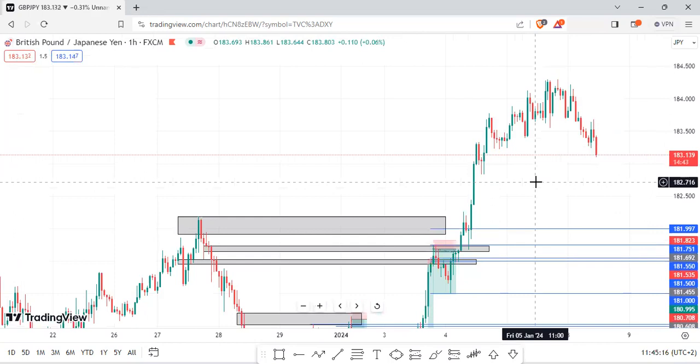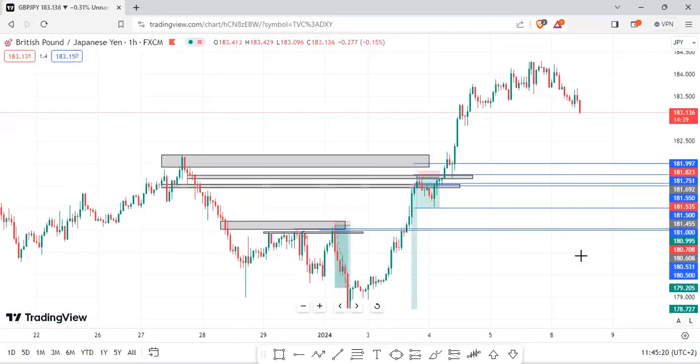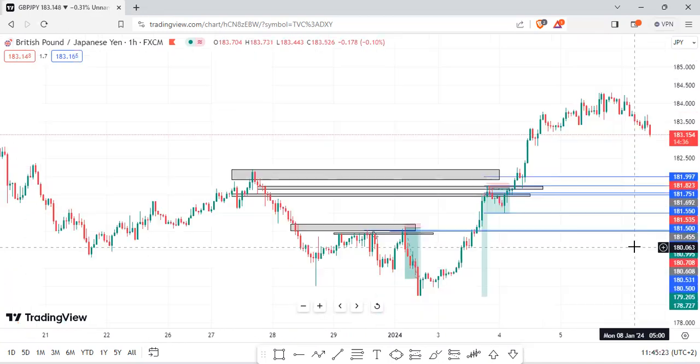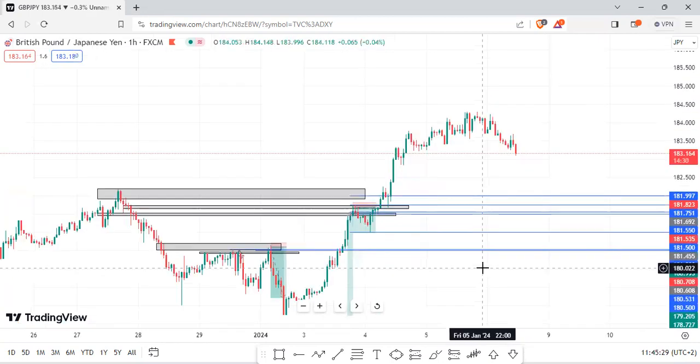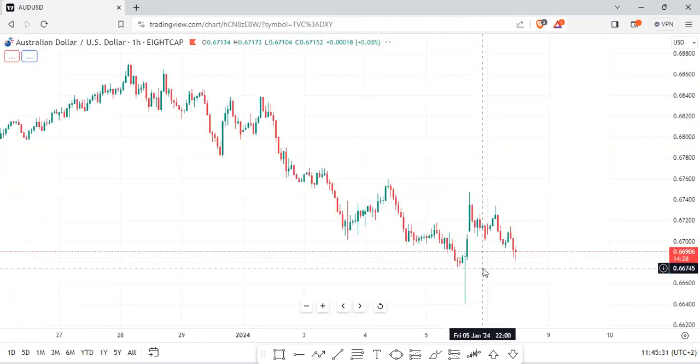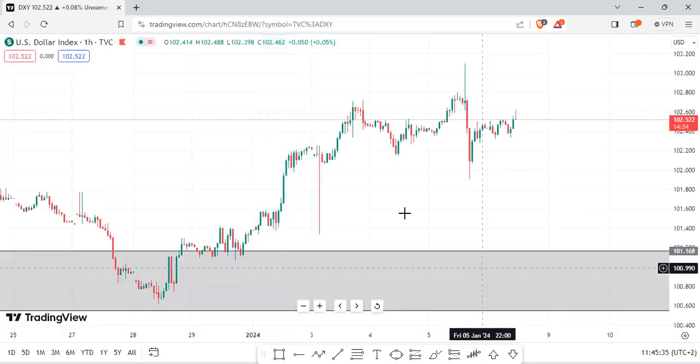So hey guys, I ended up losing my first account of the year through this setup. But nonetheless we move forward. So I had a few setups that I had in mind. One being the DXY.